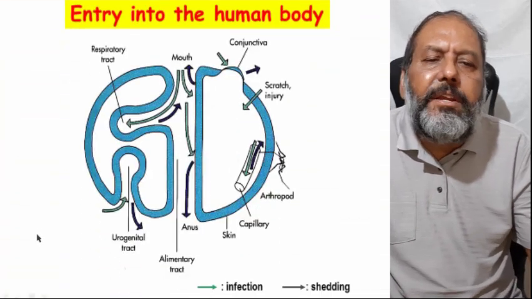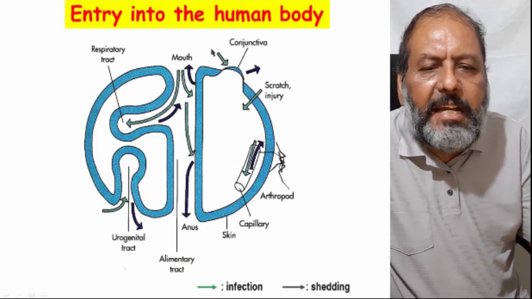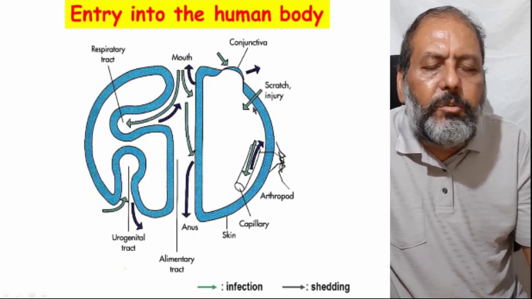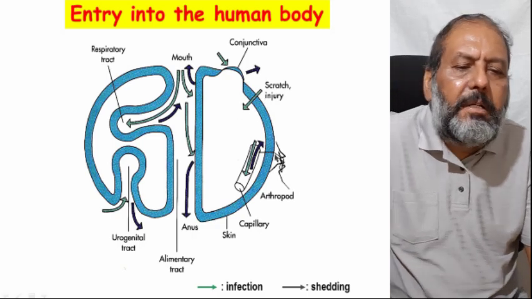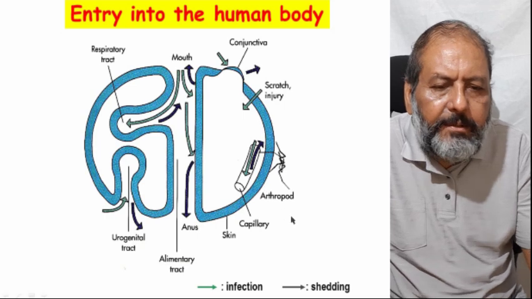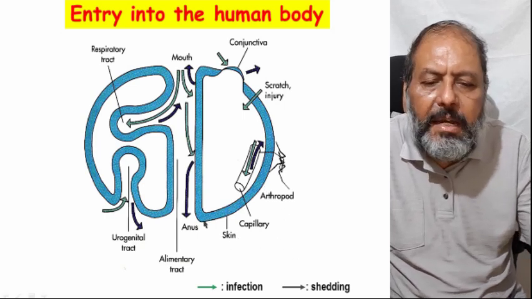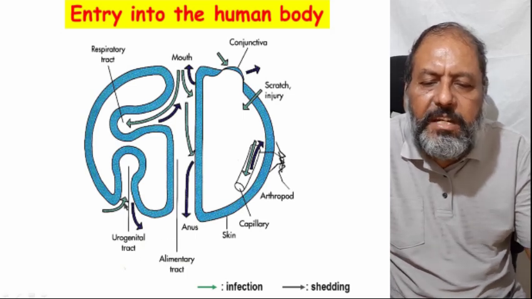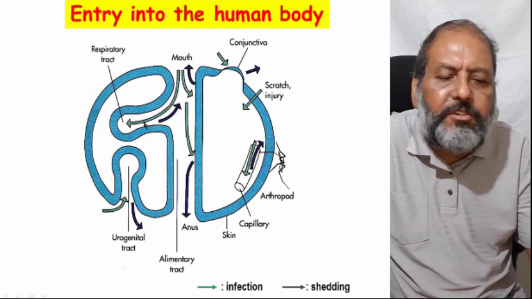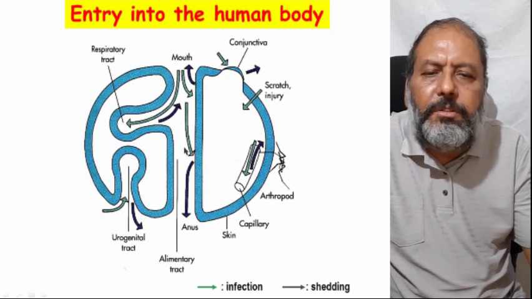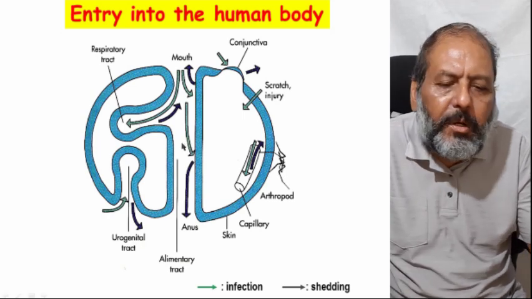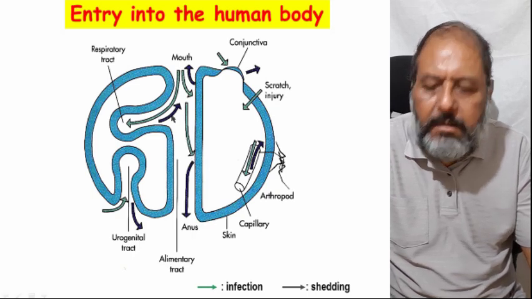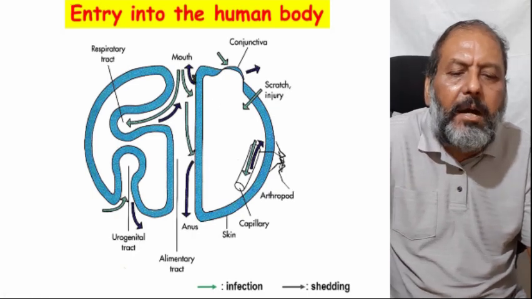So, entry into the human body: the bacteria can enter from the mouth, from the eyes, conjunctiva, scratch, through a break in the skin, arthropod, insect bites and other bites, then through the skin, via the anus, alimentary tract or GIT, urogenital tract, and the respiratory tract. These are all sources of entry into the human body, causing the infection or shedding the bacteria, and that is going to spread to the other